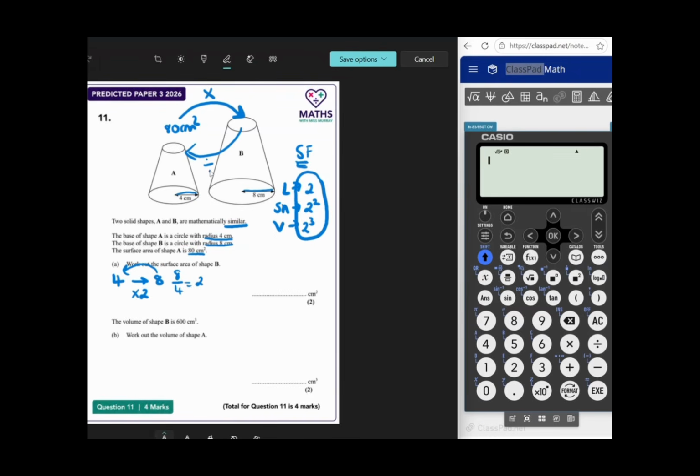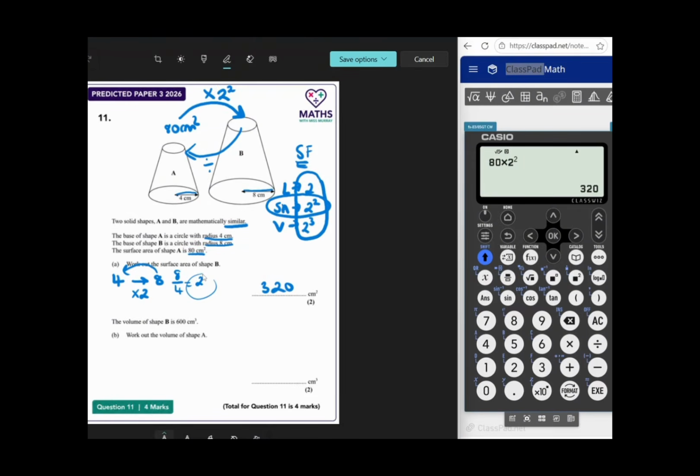So I know the scale factor for area is 2 squared, so I'm not going to times 80 by 2, which is what a lot of people would do. You have to times it by 2 squared. So I'm going to do 80 multiplied by 2 squared, and that is going to give me 320. So you'd get a mark for working out that the scale factor for surface area is 2 squared, and then you get your second mark, or both marks, for having the answer